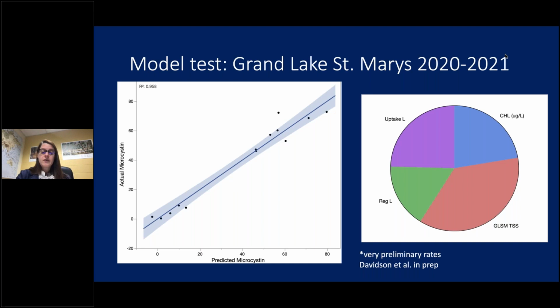But that means then that we had really different biomass and microcystin values between 2020 and 21, and you can see on this graph here of the model that we've got high microcystin and low microcystin, and this is basically 2020 versus 2021. But what's nice about that is for once we actually spanned a pretty good range of microcystin concentrations, and so for Joe's uptake and regeneration values are super preliminary, and they're definitely not final yet,